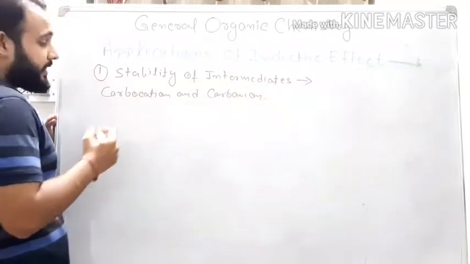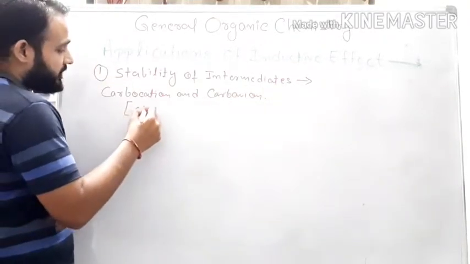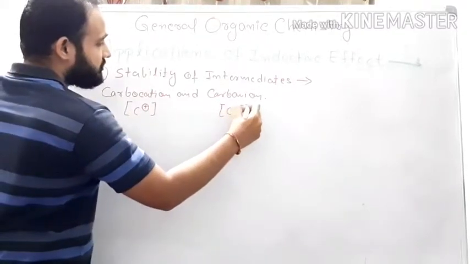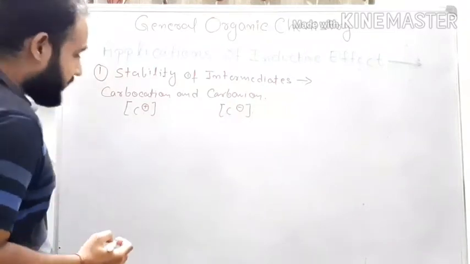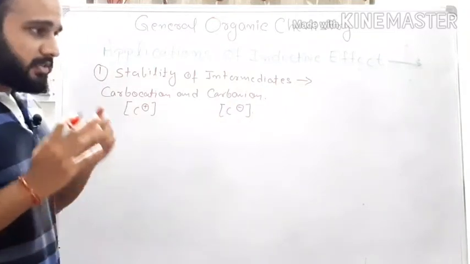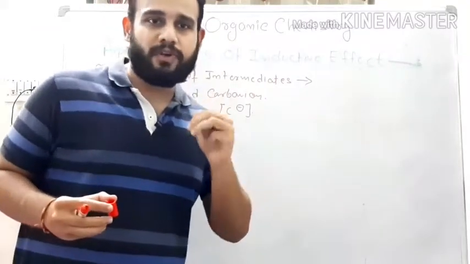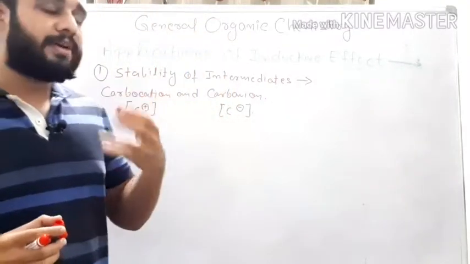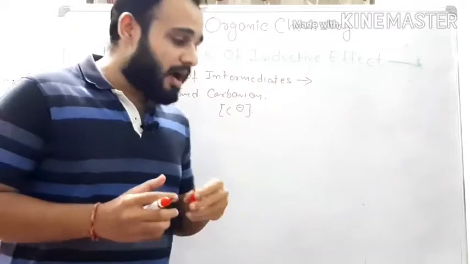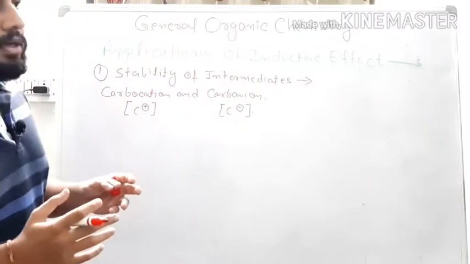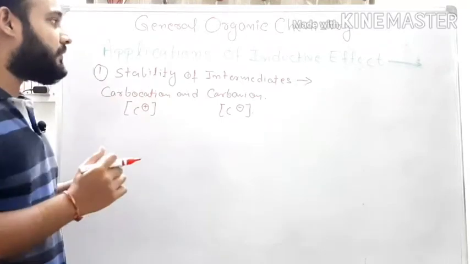In carbocation, the carbon has a positive charge, and in carbanion the carbon has a negative charge. Okay, so ultimately friends, we know that we have three types of carbocation and carbanion, that is primary, secondary and tertiary. Now how can its stability be explained on the basis of inductive